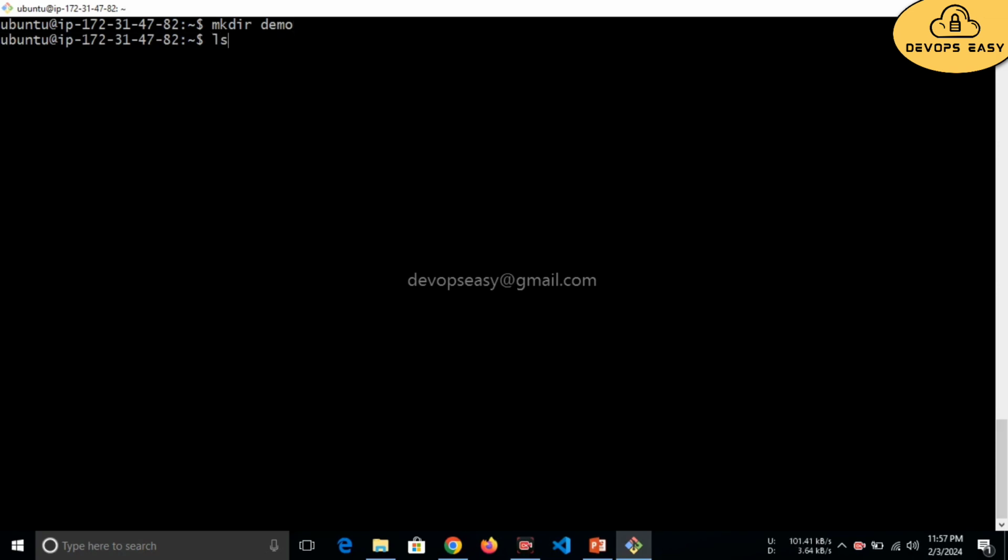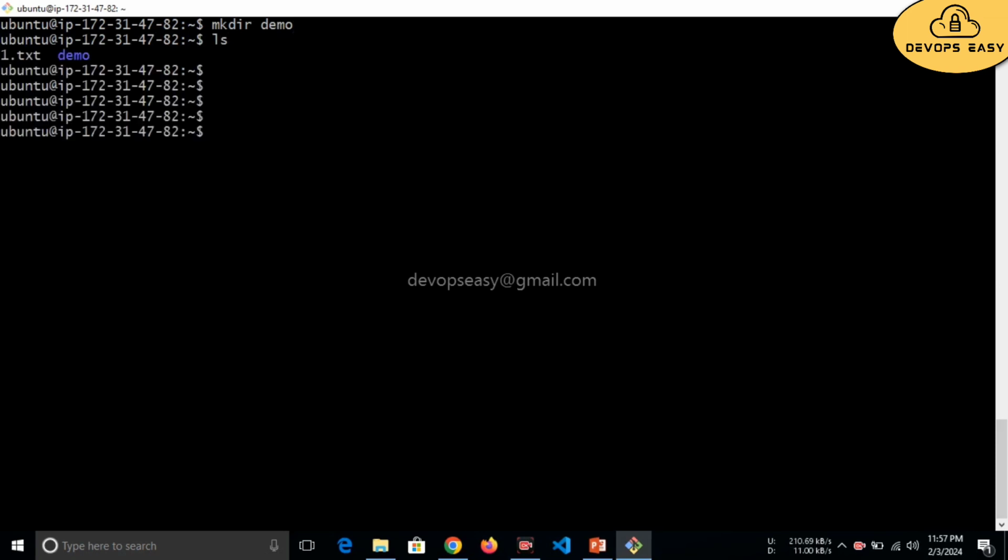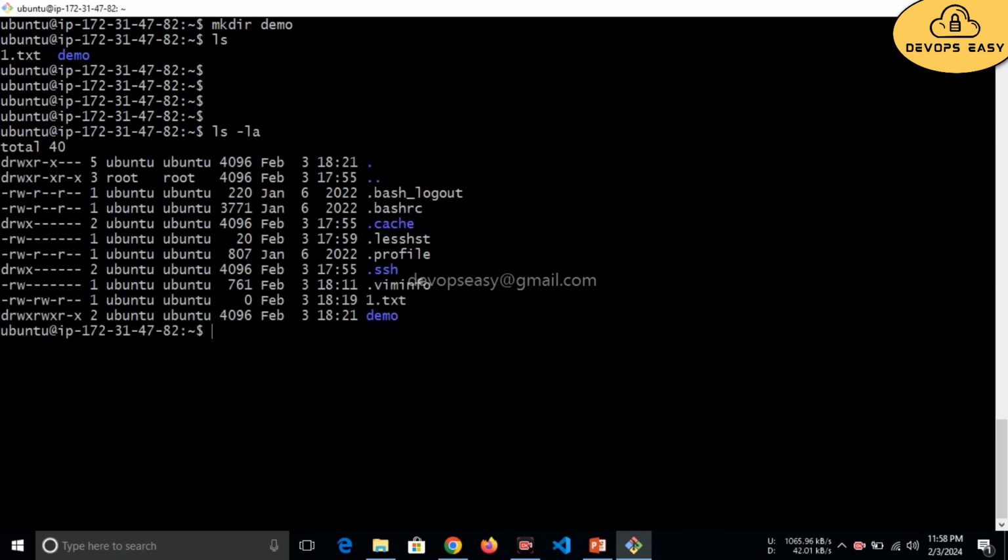If you enter ls, you can see the demo folder. I will enter ls -la. ls -la shows the list in long format and also shows the hidden files as well. If you see a d, it is a directory. If you see a dash, it's a